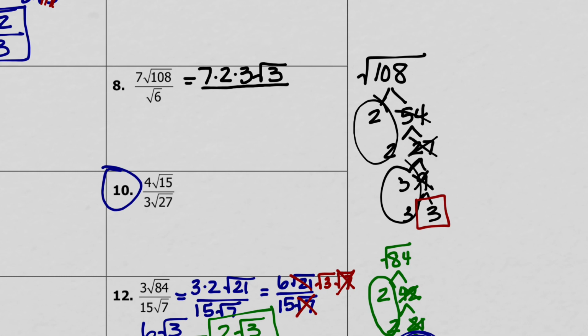Now in the bottom, the problem we're going to have here is I have square root of 6. And I had said we don't want to have the square root in the denominator. That's what today is actually all about. Now there was a way we could have taken care of this when we did our primes over here. If I have a square root of 6 and I want to get rid of it, if I save a square root of 6,